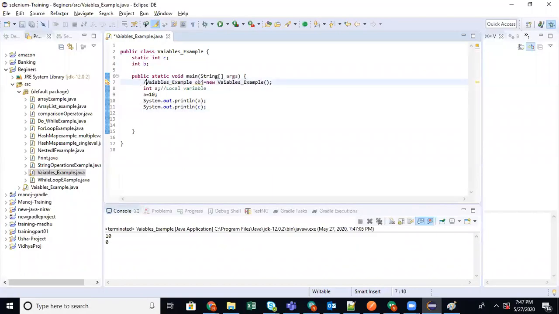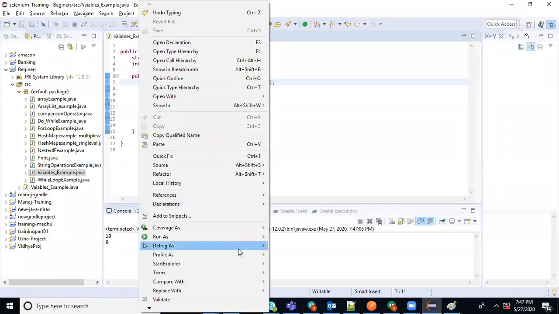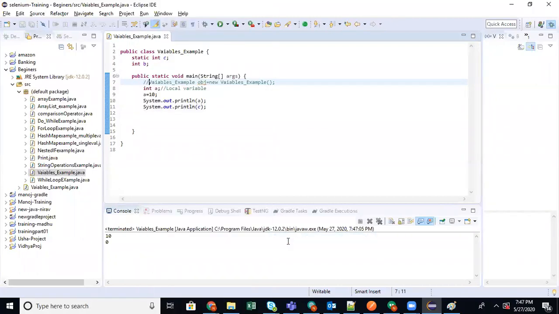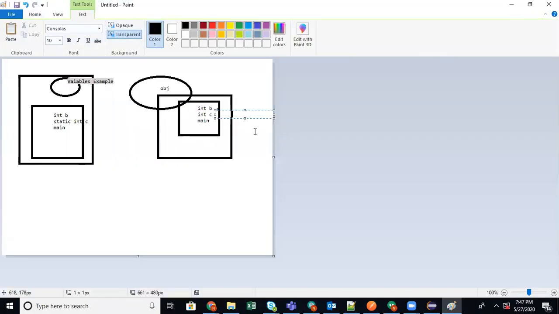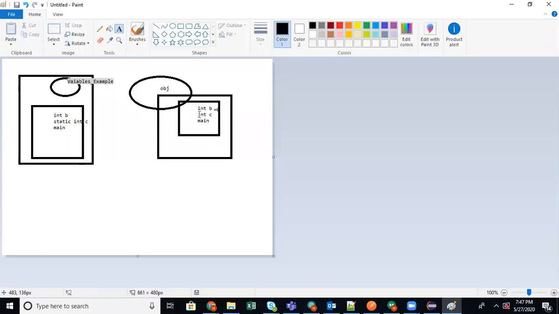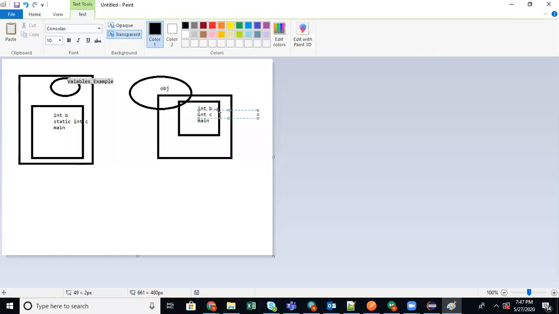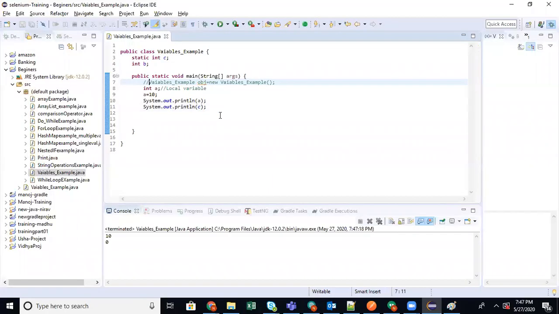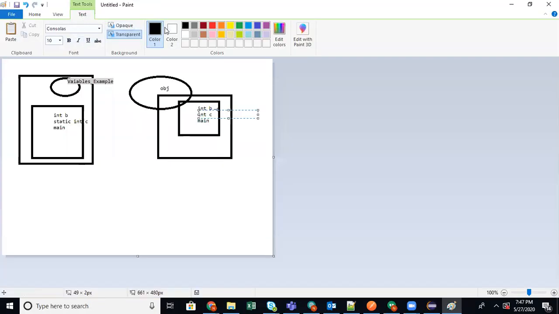Now, for example, if you are not creating an object but you are accessing c, it will again give you c. It doesn't require an object to assign the value. obj will hold it, but still it doesn't require an object to assign the value. After creating, the things are done, you can leave off c.